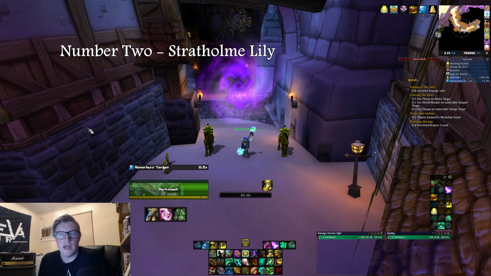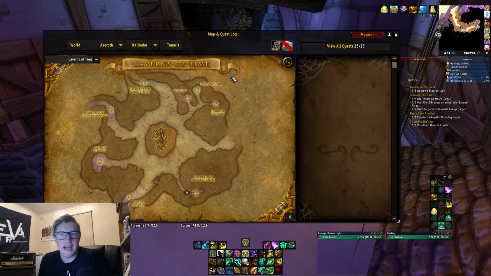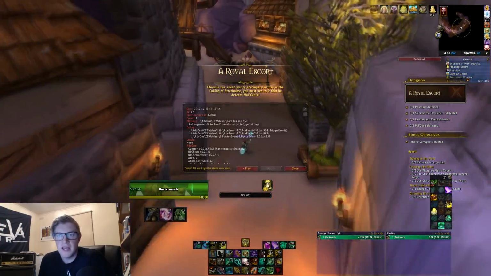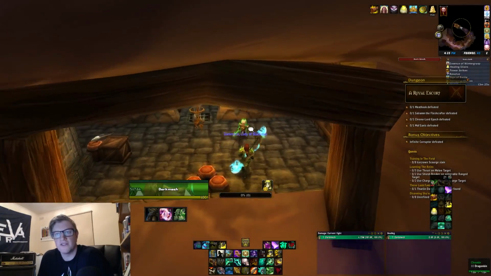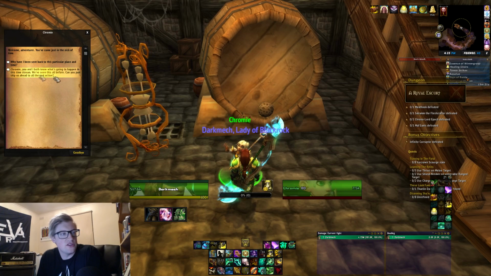Number two is the Stratholme Lily. Now, this is the only place in game that you can actually get this item. It's at the Caverns of Time, the culling of Stratholme, which is at 5682 in the Caverns of Time. So, Tanaris, guys, head into the Caverns of Time, go down and go to the culling of Stratholme entrance. And what you're going to do is you're going to zone in and you are going to run up and